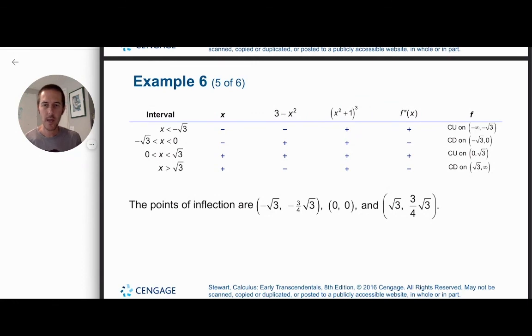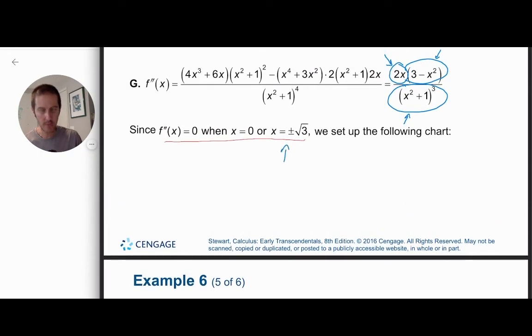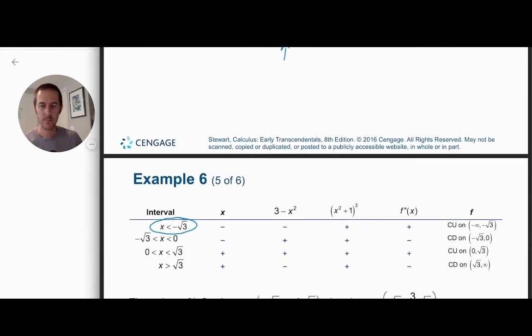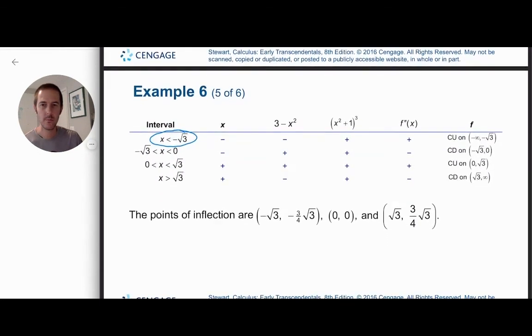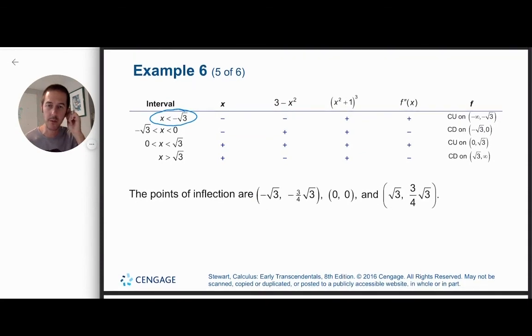Let's choose an x value that is to the left of, or less than, our lowest x value for which we had a second derivative equal to 0. It might be a critical value. We might be changing concavity at that point. Let's figure it out. What's going on with the concavity to the left of our x value of negative root